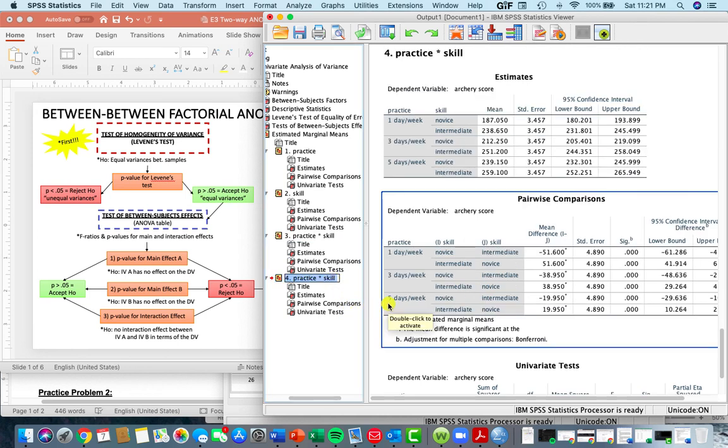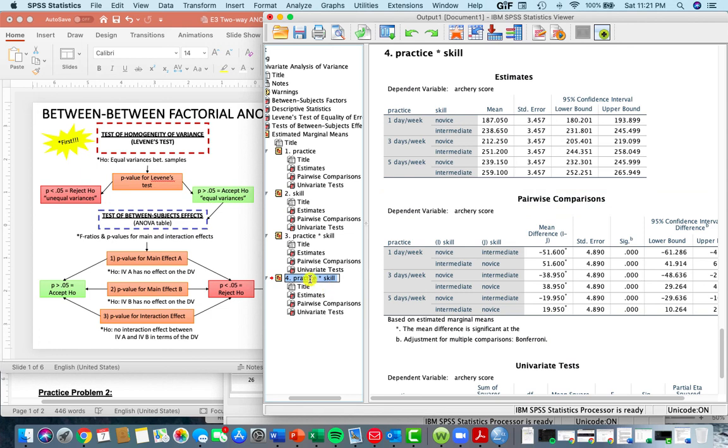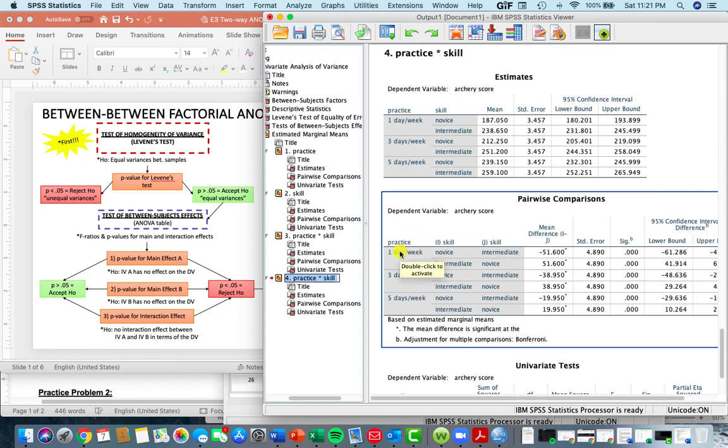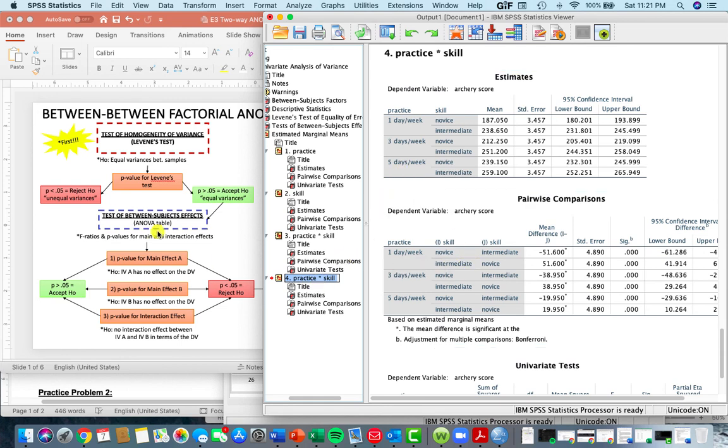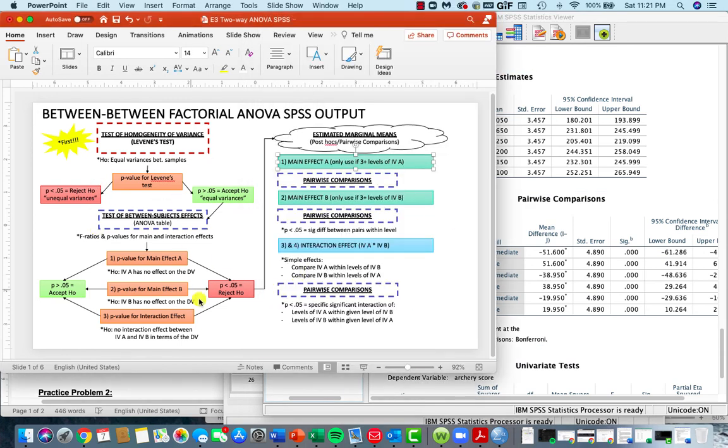And so flip side, right, if we look at the interaction effect when we said compare skill, right, so novice to intermediate within our practice frequency, we can say, well, in the 1 day per week frequency, how different were novices to intermediates, right? And then we can see all pairs are significant in this case. But that sums up the between factor effects,